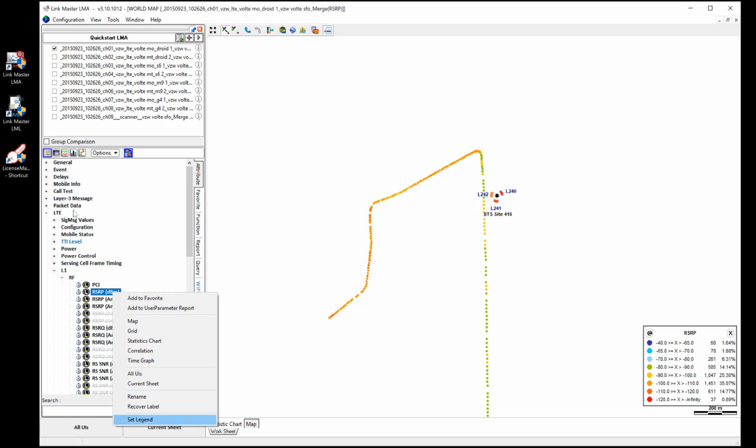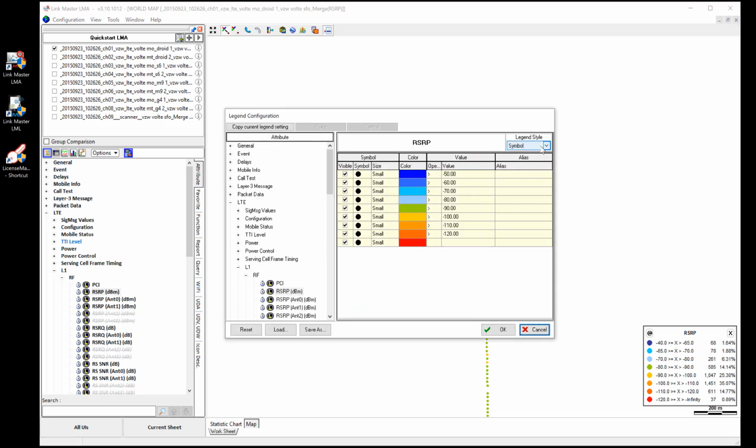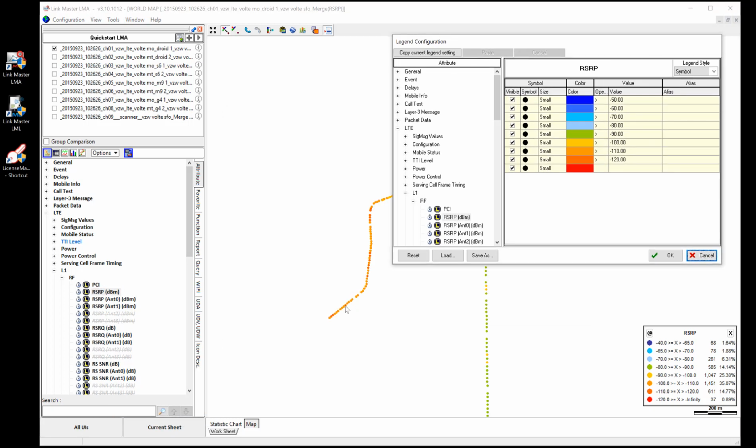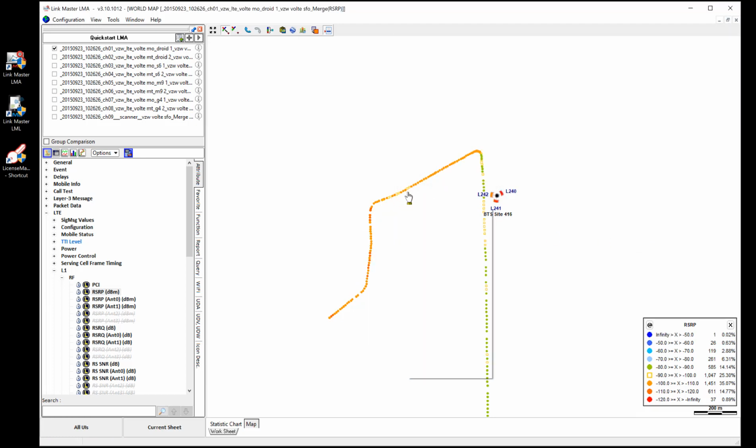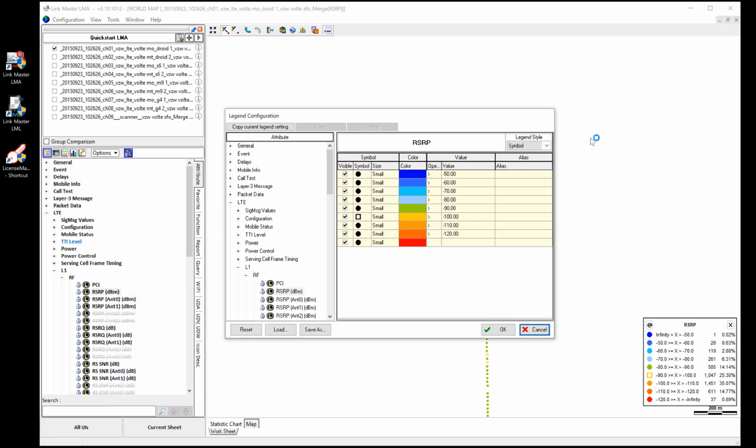Now if I right click and go to set legend, the legend style, what it means is that these points right now are the symbol, in this case the symbol for the blue or the orange is a small circle. I could go ahead and change that maybe to an open circle, and we'll see that that'll change my map to the symbol. But let me come back to the legend again, and if you want instead the value,